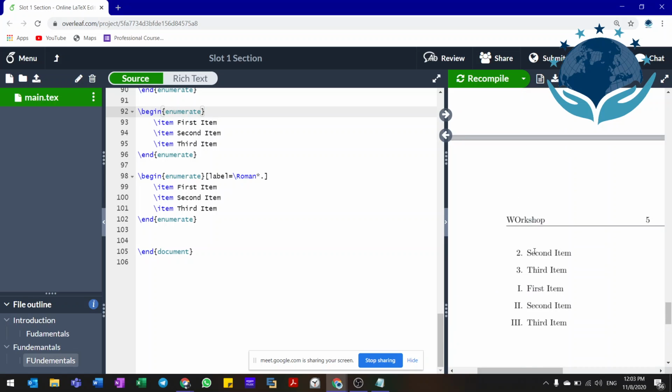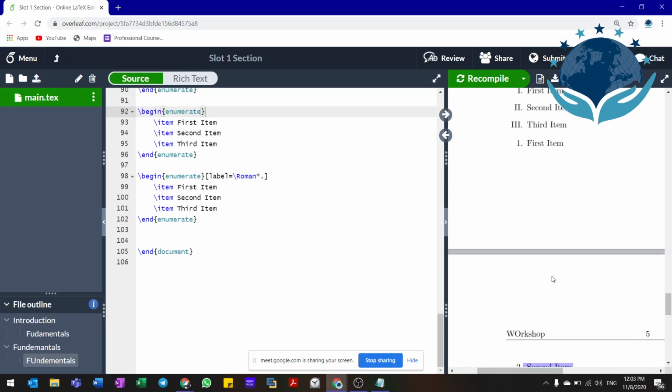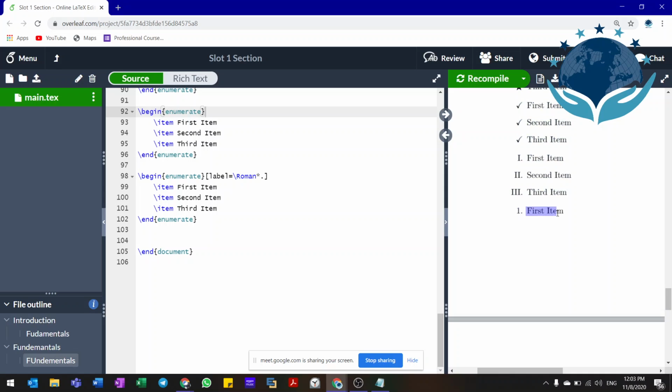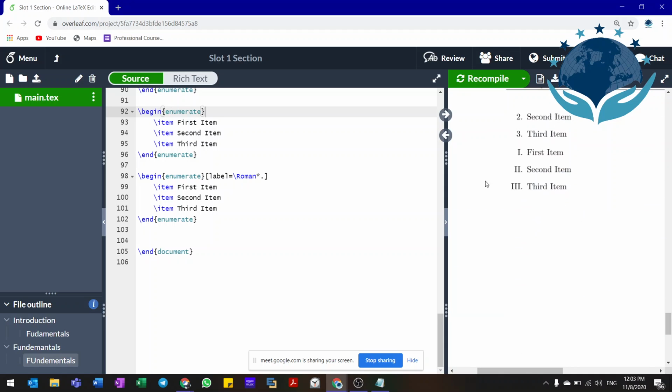Okay, now you can see that this has been numbered as 1, 2, 3. If you want to start the numbering from any specified number, let's say 5, what you have to do is, in the begin enumerate and end enumerate, which is common,